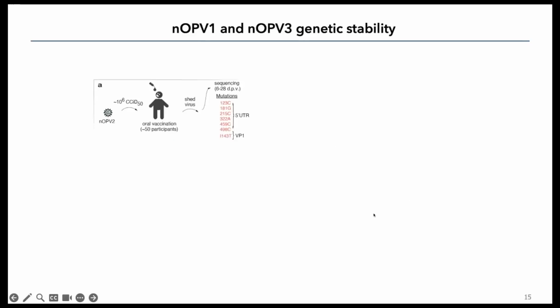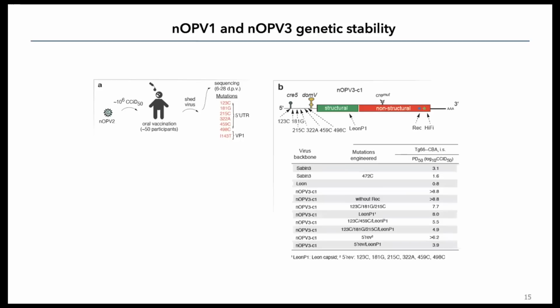And we had the advantage at this point that a lot of the clinical studies yield information on what can be the type of mutations and sequence changes during those vaccinations with the new nOPV2. And so we introduced many of these mutations to try to identify whether the new nOPV1 and 3 were also genetically stable, even if they incorporate some of the mutations observed in nOPV2. And so you can see many mutations were located in the 5' UTR,